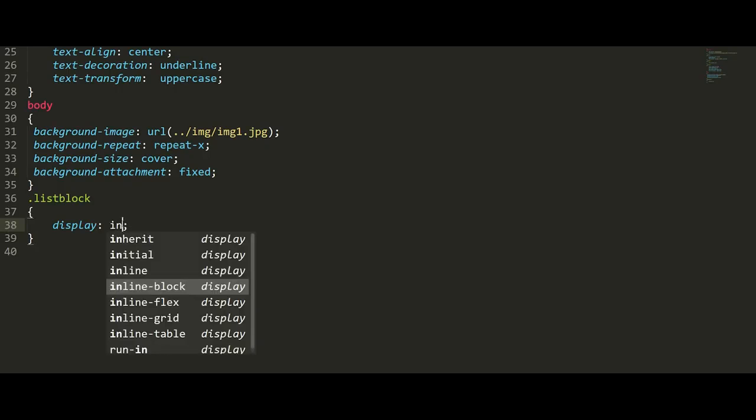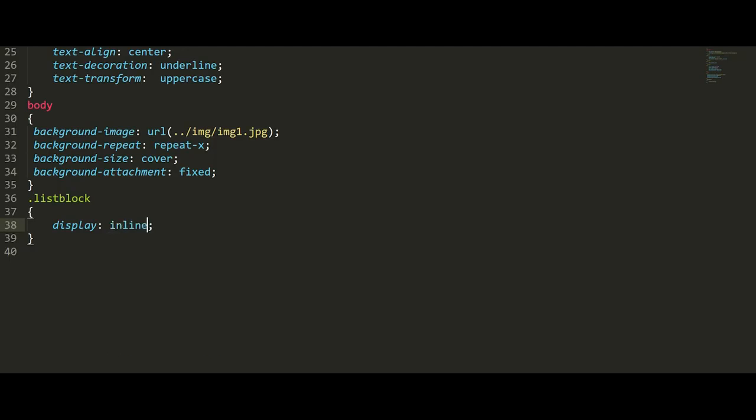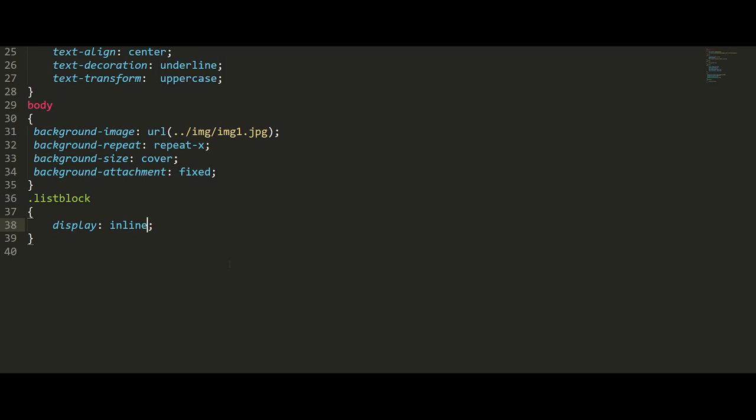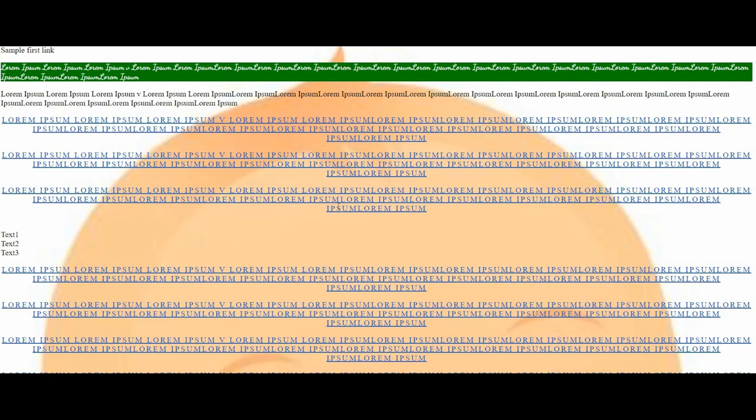The next one is inline. See, inline means the content will start right at the starting position. So it won't show any bullets for li. This is inline. When I go with inline combined with block, it will show the bullets.